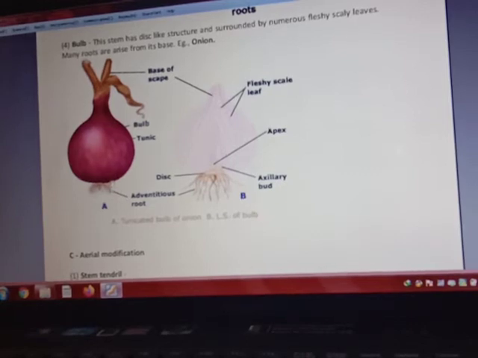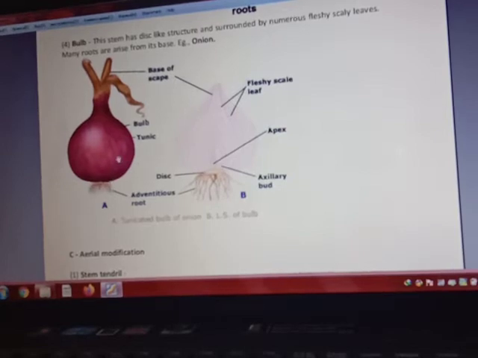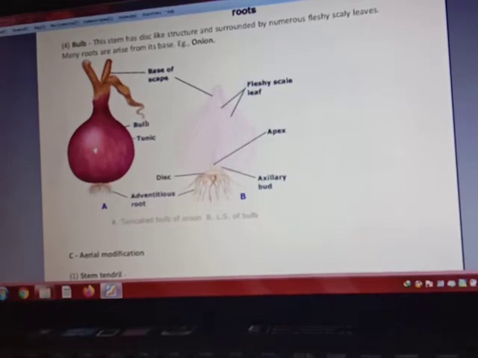Sorry, simple tunic. Simple means you can see here also in the structure, and in reality also, all of you have seen an onion, and on the onion so many layers are present. You can see here all of these are layers present on its outer side, starting from the base and going up to the tips, and all of these rings are covered by one major outside layer that is known as a tunic, which is covering all of the rings.